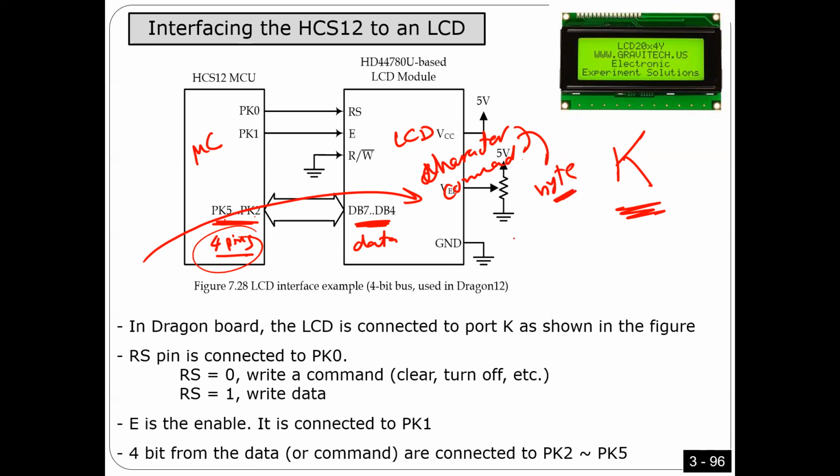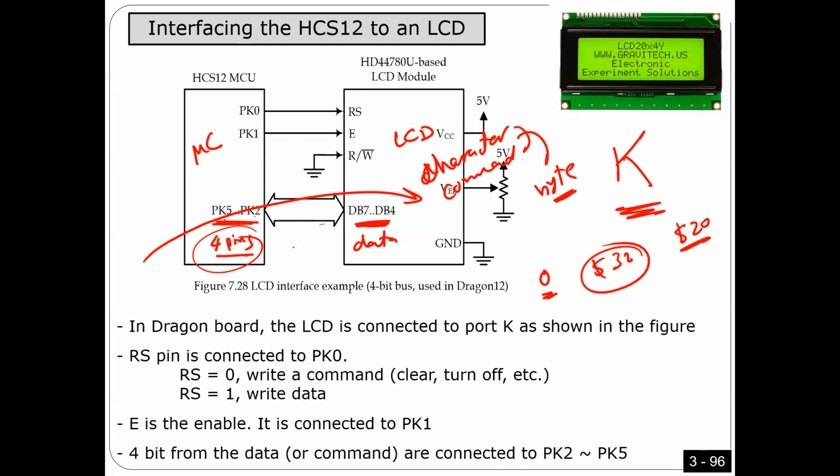For example, I want to display number 0, so I have to send the ASCII of 0, which is 30, which is a byte. Even space, I think it's 20 as far as I remember. You have the table, you can check the table. Every character you want to display has an ASCII. All you have to do is send the ASCII to the LCD through